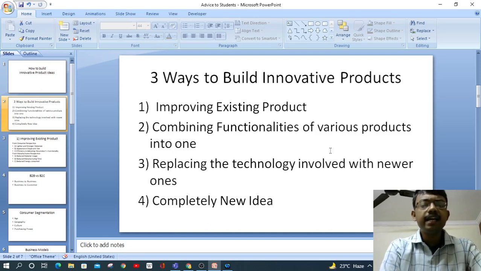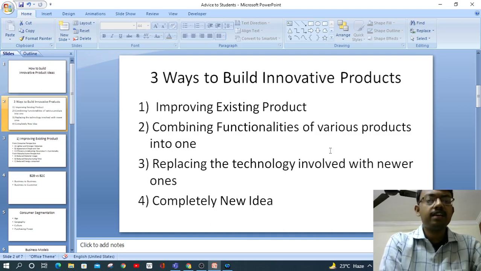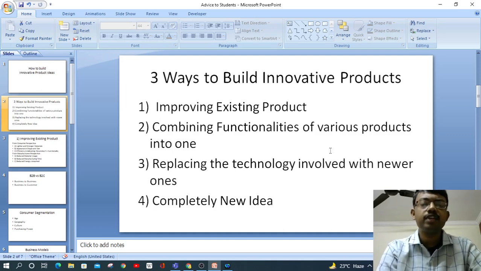And thirdly, replacing the technology involved. Previously we had normally aspirated engines, let's say if you are in the automobile sector, and later on the engines were developed to provide more efficiency in terms of fuel as well as power developed, like converting a normally aspirated engine into a turbocharged or a supercharged engine. And various technologies have come up like multi-point injection, where instead of just igniting with a spark plug, you directly inject fuel so that it ignites.